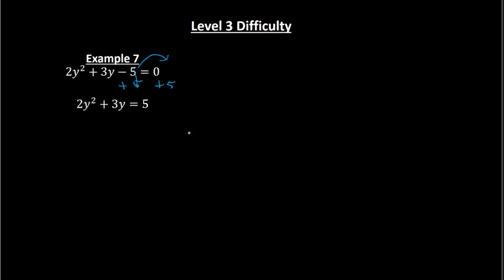And then at this point, we want to make sure that this first term, this y squared term, is going to be with a coefficient of 1. So to make that happen, I'd have to divide everything by 2. So now we have y squared plus 3 over 2y equals 5 over 2. So notice now not only do we have a fraction on this right side, but this middle term is also a fraction, which we know is going to be very